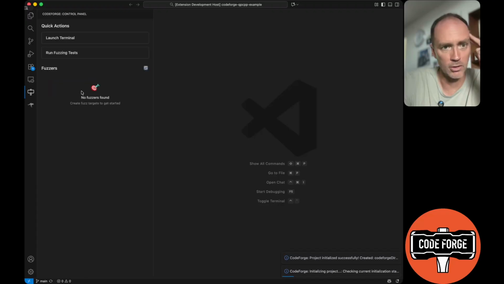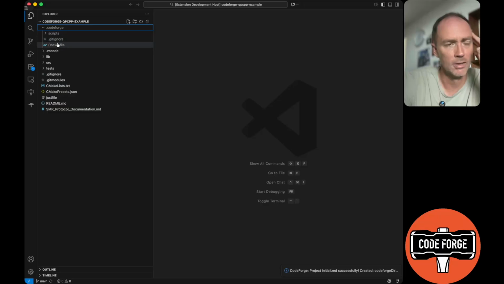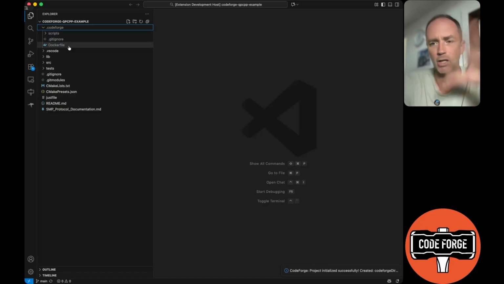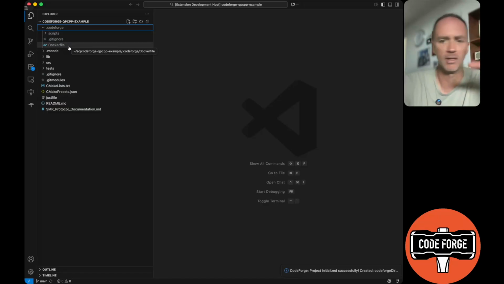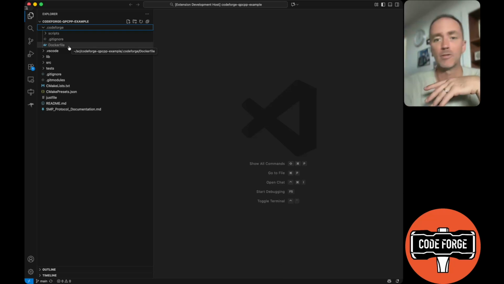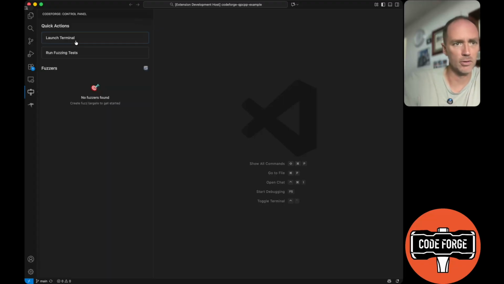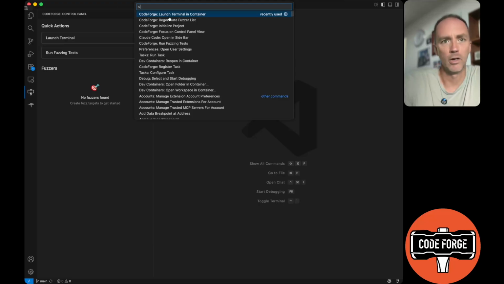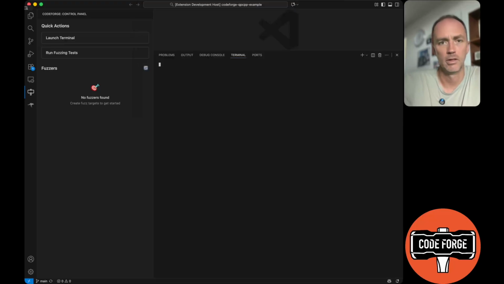We'll click on initialize, and what that's done now is it created a CodeForge directory over here, and we start running all your stuff in a Docker image. And so instead of being in a development container necessarily, we're going to create a Docker image for you, and they're going to run everything that we do through that Docker image. So one of the things we can do is we can go over here, and there's a button here called Launch Terminal, or you can just go and Launch Terminal in Container, and you can open up a terminal,